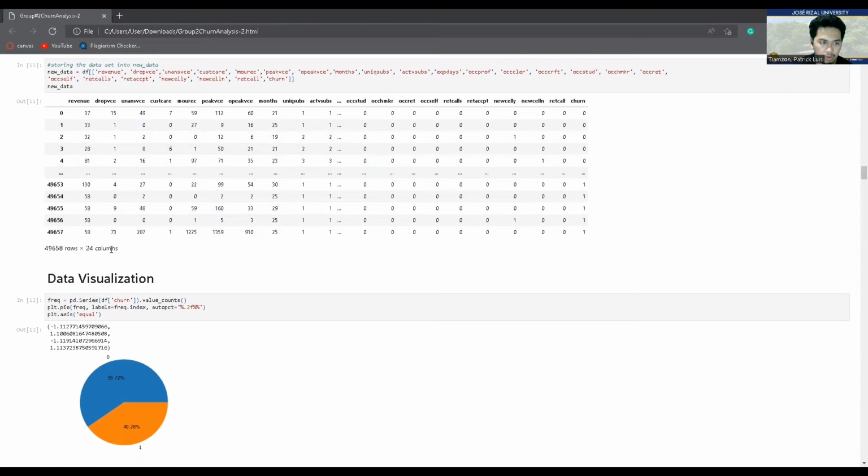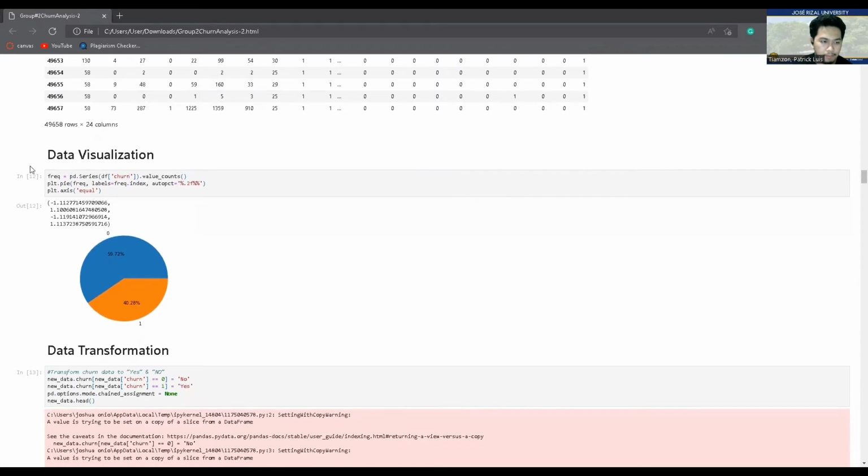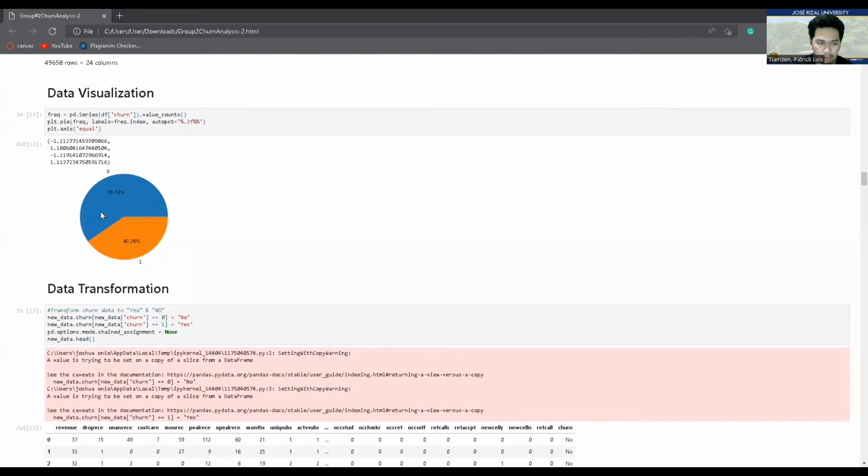So we usually get more than 20. And the data visualization shows the number of churn and non-churn. There are 59.72%, and the other one is 40.28%.